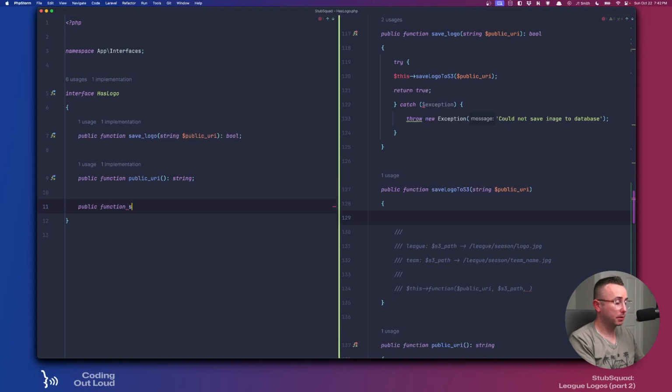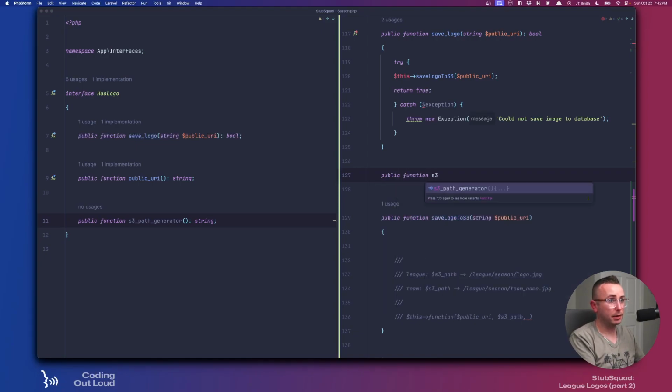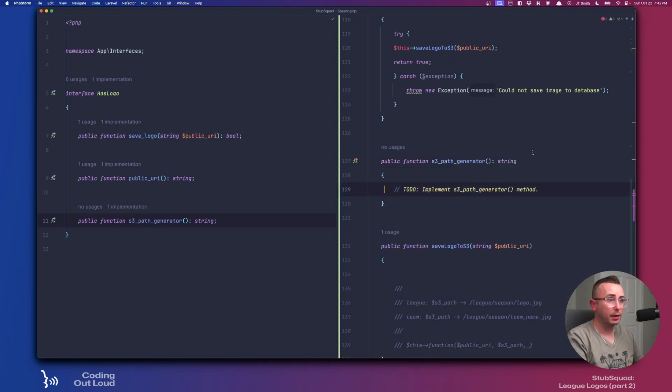Public function S3 path generator. That's just going to return a string. So public function S3 path generator, and for this specific model it is going to be